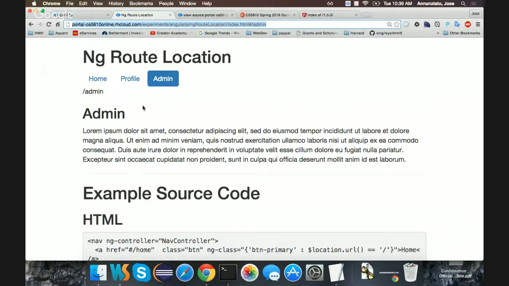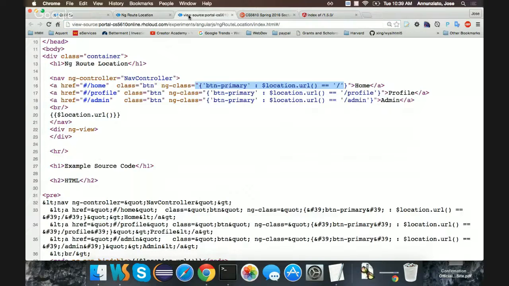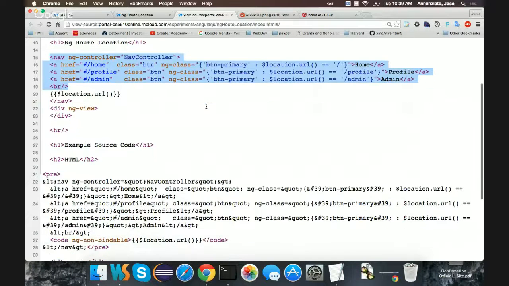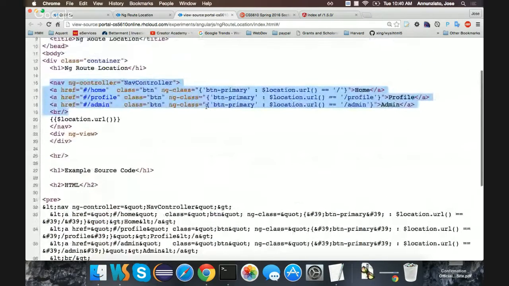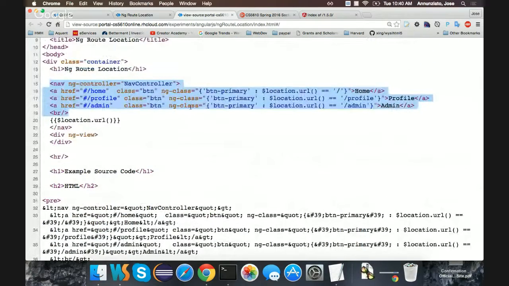So that's important. Let's see the implementation. The implementation is that there is a controller, an outer nav controller, that takes up the entire section. Here's nav. What does it close? Uh-oh. Does it close? Where? On the top of new. The top of. Oh, there it is. Thank you. So there's the section of navigation,